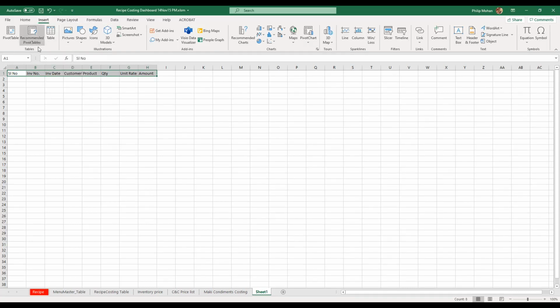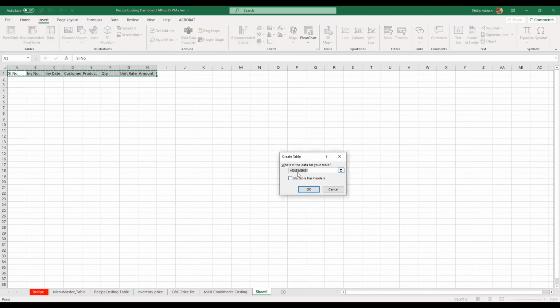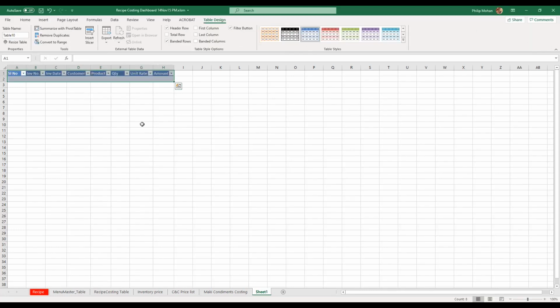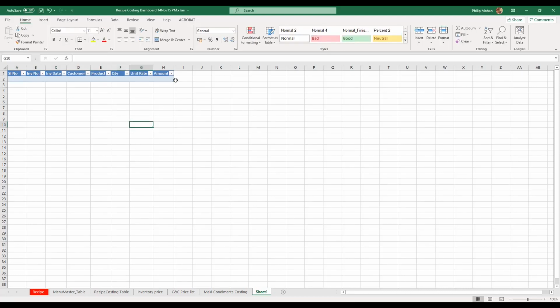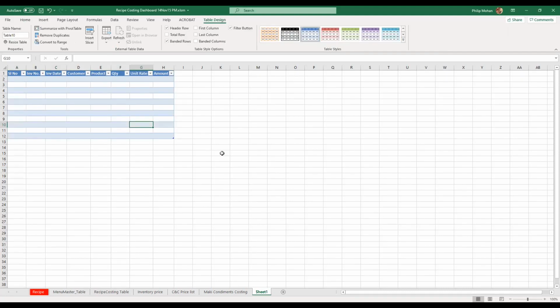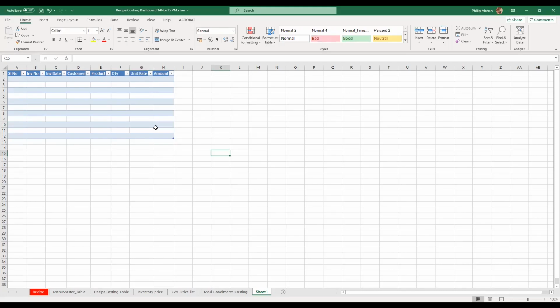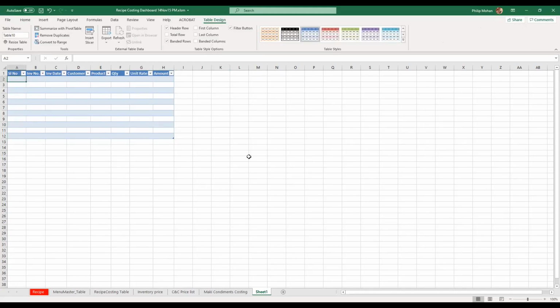In that you have pivot table, recommended pivot tables. This is a subject that I'm not strong on, but it's very heavily used in Excel. But here we have the thing that we can do. Just click on table after highlighting the heading. Then it'll ask you, is this where your data is, which is A1 to H1, exactly the area that we selected. We tick that my table has headers, and if you say okay, the table gets created and we can just drag it down. So we have the table created, okay?